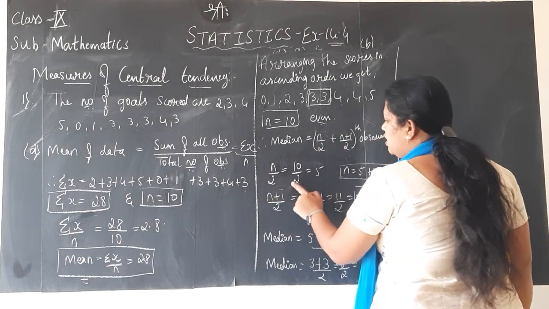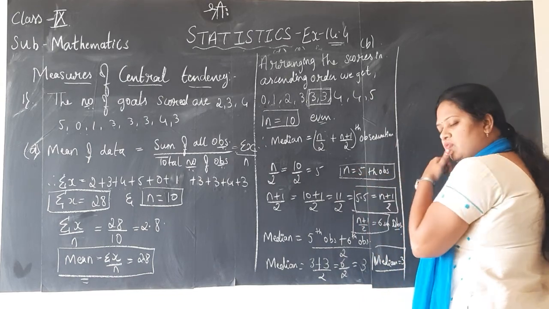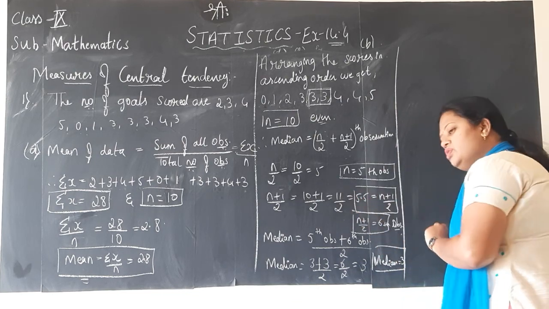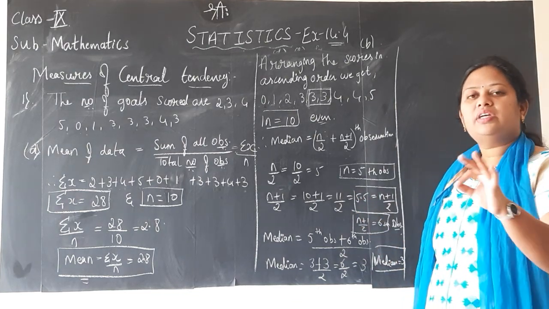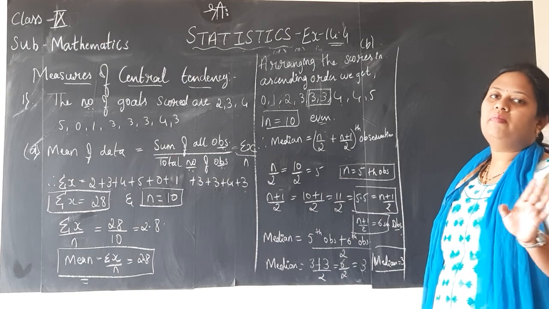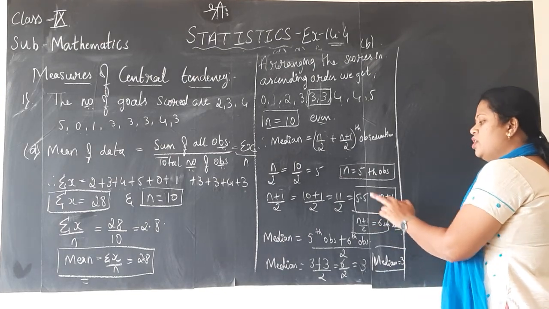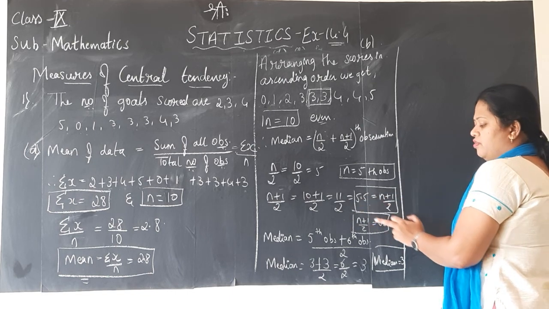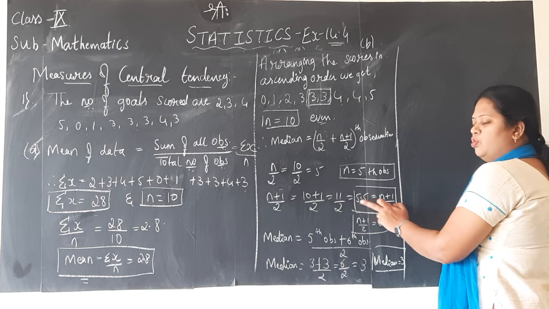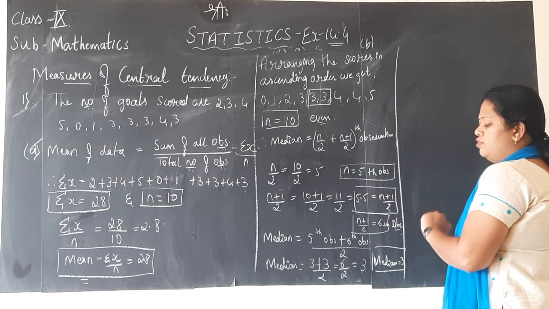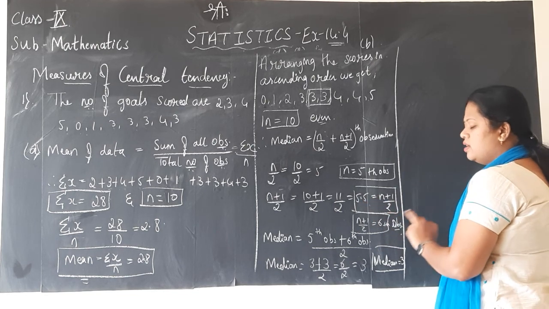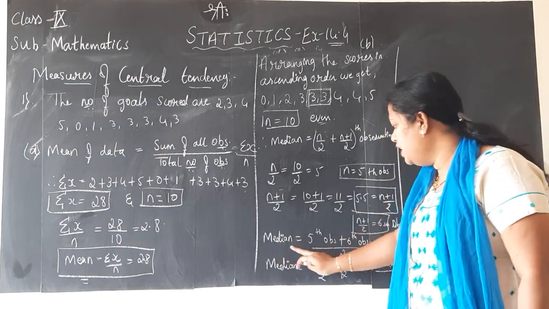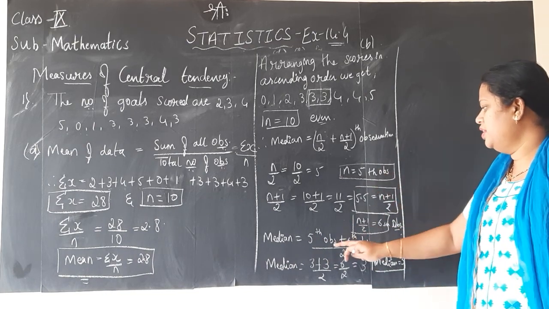n by 2 is 10 by 2, 5 came. So we need the fifth observation. (n plus 1) by 2 is 10 plus 1 by 2, 11 by 2, which is 5.5. Always when you add 1 to any even number, it will become an odd number, of course, and hence when you divide by 2 you always get a decimal. So round it off to the next number. So 5.5 becomes 6, 4.5 becomes 5, 2.5 becomes 3. Like that you will round it off to the next number. Whatever you get, you will write as the sixth observation. After finding this, you will write median is for the first n by 2, the fifth observation.